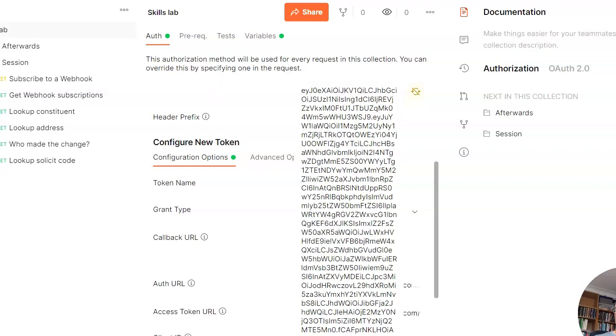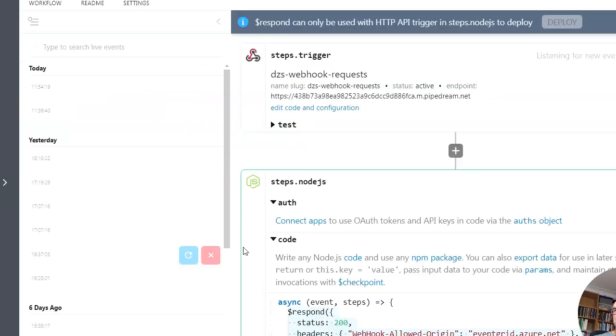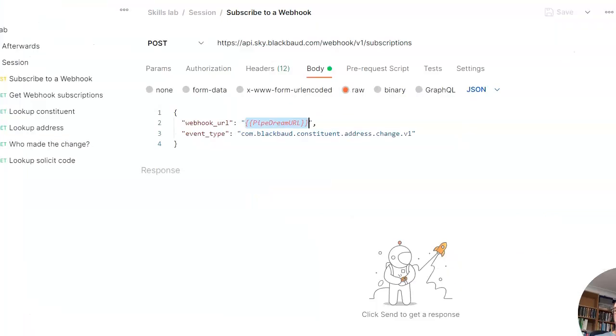Right, let's subscribe to Webhook. So I have this endpoint here, and what I've done is I've got the URL here, which is a post to subscriptions. Our body consists of the Webhook URL, which is a variable, the Pipedream URL, which is what we saw earlier. Is this URL here? So that's in our variables. Let's go back to Postman, and then the event type, which in this case we are going to subscribe to the constituent address change event type. So if I now send that off to Sky API,